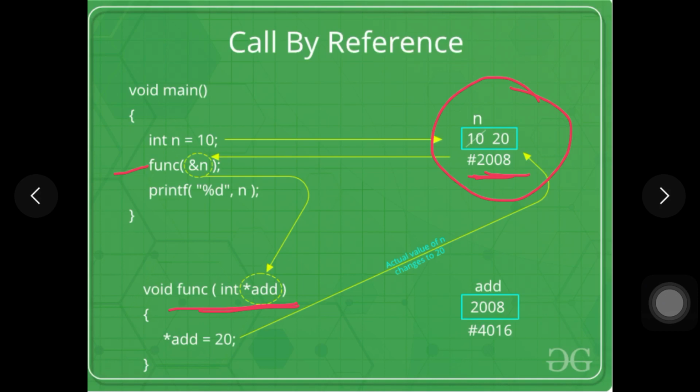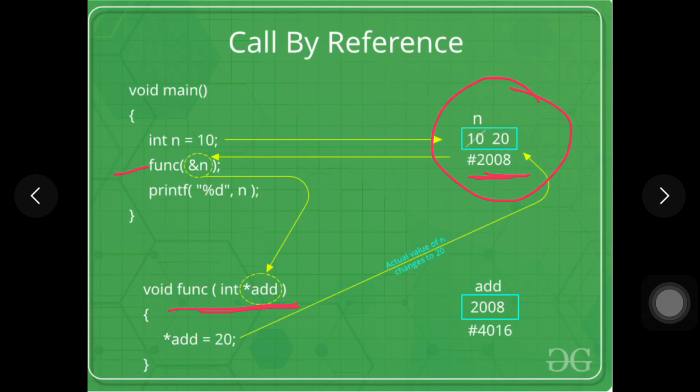I'll just repeat it once again. Here we are passing the address of the variable as a parameter to the function, and in the function definition the receiving variable should be declared as a pointer. That pointer will be pointing to the value at that particular address. Which address here?